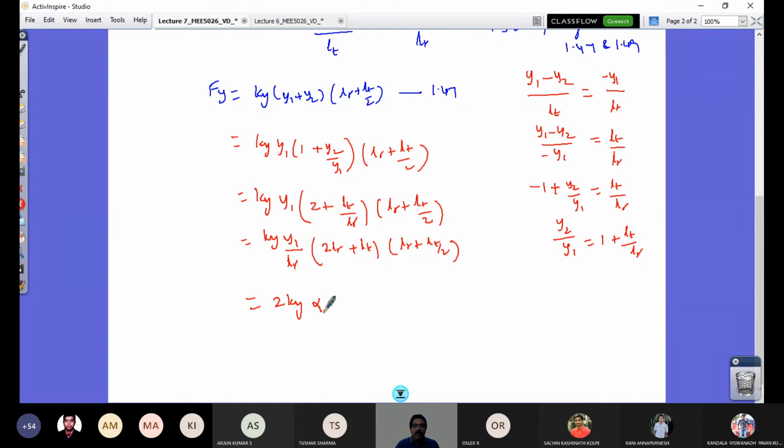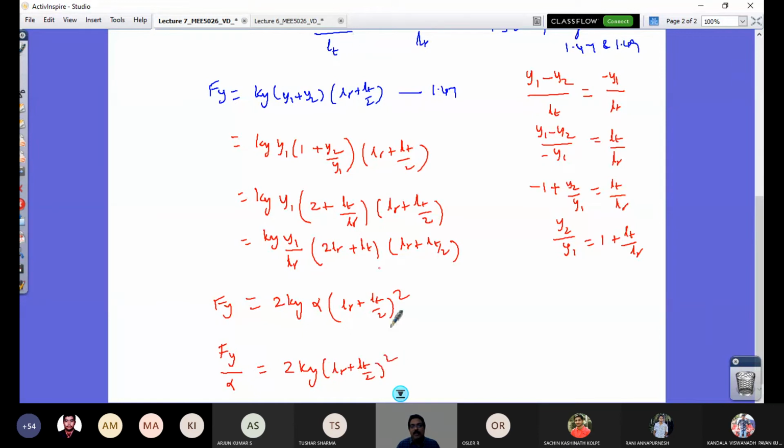So let me take this alpha here, and this 2 is taken out, so it's going to be LR plus LT by 2 into LR by LT by 2. So it's LR plus LT by 2 whole square. And this side it's Fy. So I require this lateral force per unit slip angle, or for the given slip angle when I write this alpha down.